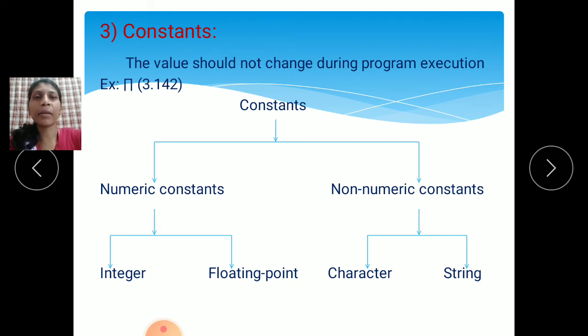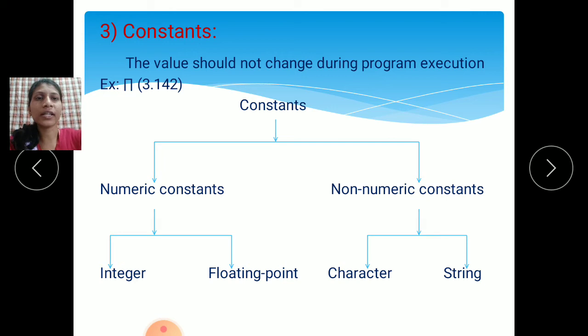For example, the pi value. The pi value is 3.142. Whenever you use the pi value in your program or in your problem, that value remains the same. It will not change when you run your program. It will not change during program execution. So that value is called a constant. It remains constant.